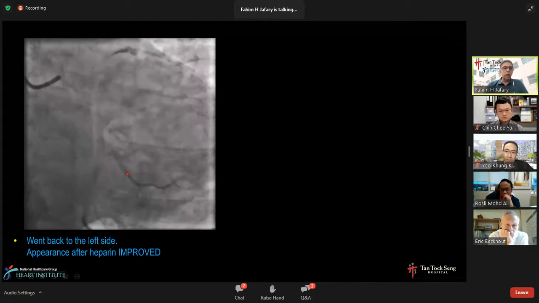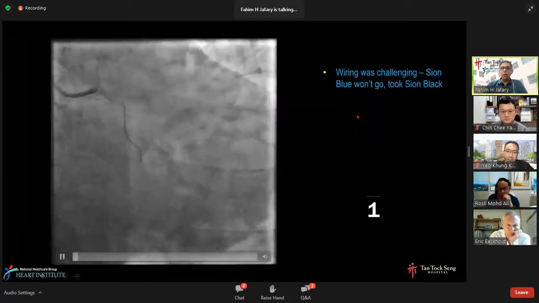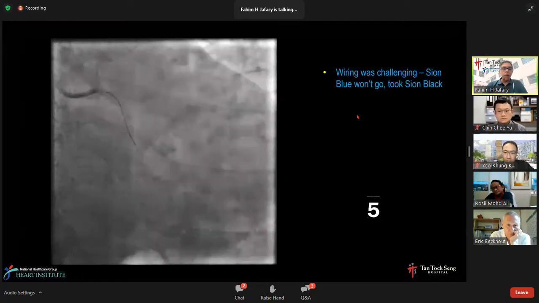EKG. And if you look at it here, these are similar phases in the injection. This is before, not much is filling up on the circumflex, and this is after heparin. Now, of course, that doesn't mean a whole lot, but certainly it made me think that maybe the circumflex is the culprit. I have to say that I went with a hydrophilic Sion black wire, and you can see